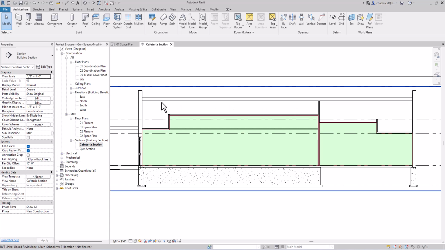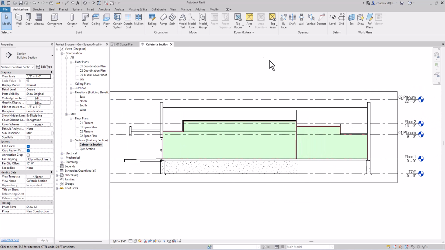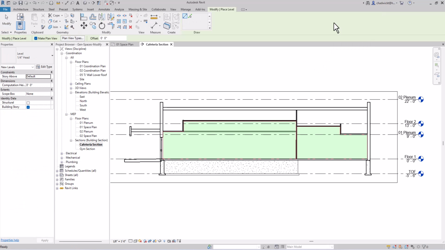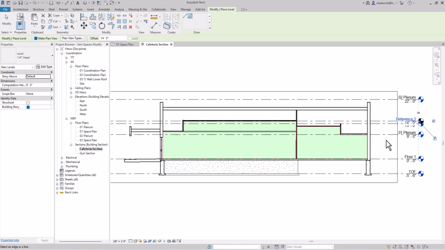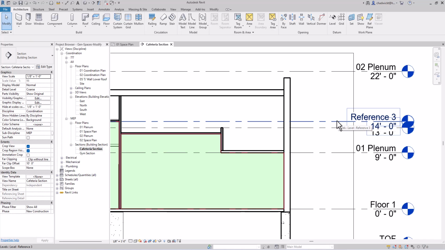To start, we're going to create a new level here for that plenum so that we can see it in plan view. I'm going to, here on the Architecture tab, go to Datum and Level. And we want this to be at the 14-foot level. So instead of drawing it, I'm going to go ahead and use the Pick Lines tool, and I'll enter in a 14-foot offset. Then I'll come down to floor 1 and offset it up from there. So here is my new level.